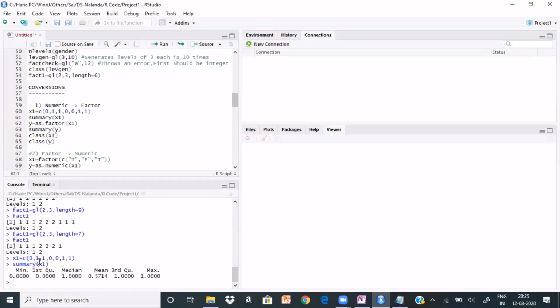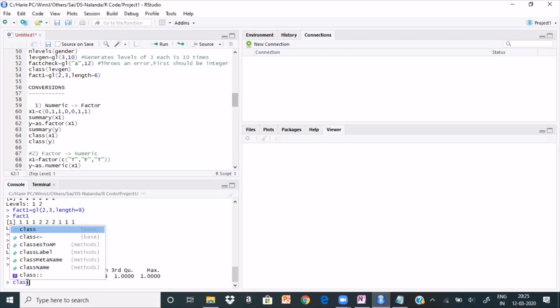It will tell you the minimum value this particular variable contains, and the maximum value, and the first quartile, the median, the third quartile, and the actual mean. That means this is an average. So these are the 6 parameters the system will display with the summary command, provided your variable is numeric.